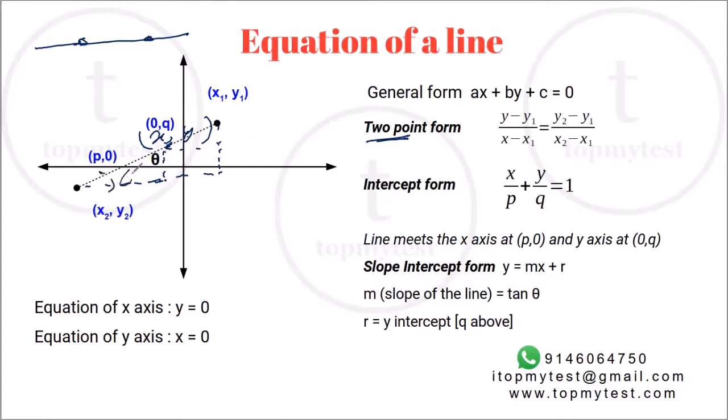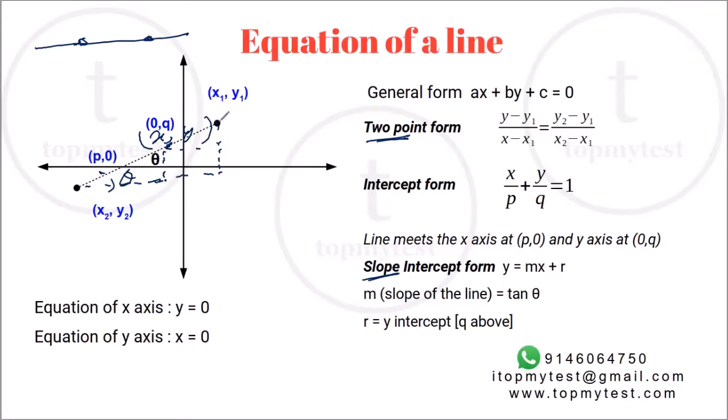So if this angle is theta, it's tan theta. In coordinate geometry parlance, it's called the slope. We'll come to the slope intercept form a little later. So one is the 2-point form, where you basically measure the slopes and equate the two. So the slope of